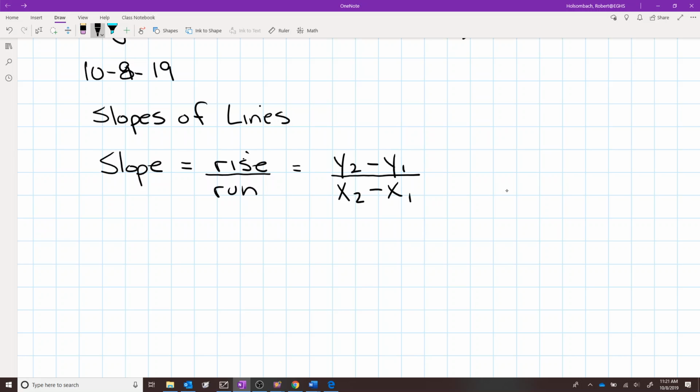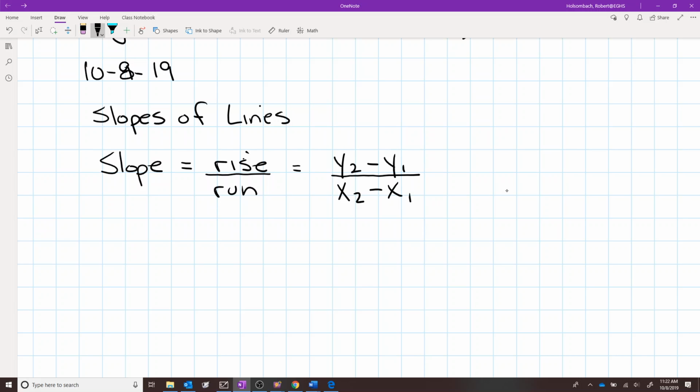So you're going to have two types of questions in your assignment today. The first type of question, you're going to be given some points on a line. You're going to be asked to find the slope. Very simple. So if you look at example 1 on page 188, you're asked to find the slope of each line. They give you the line and they put some points on the line, and the coordinates of the points are